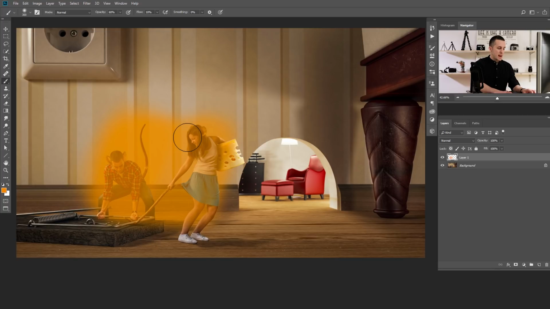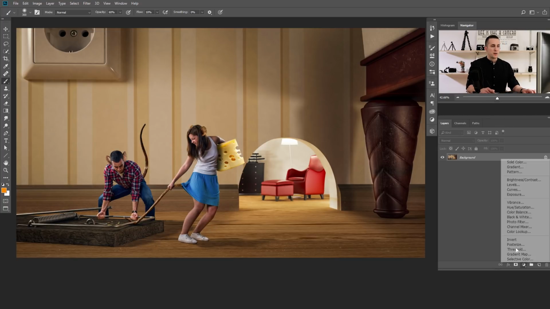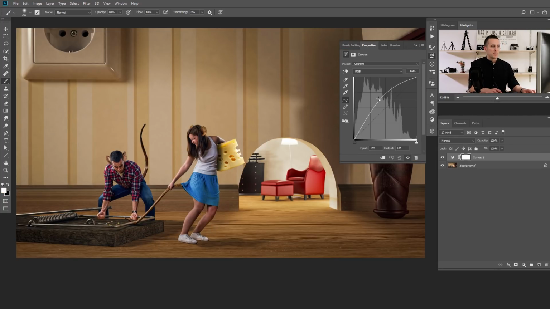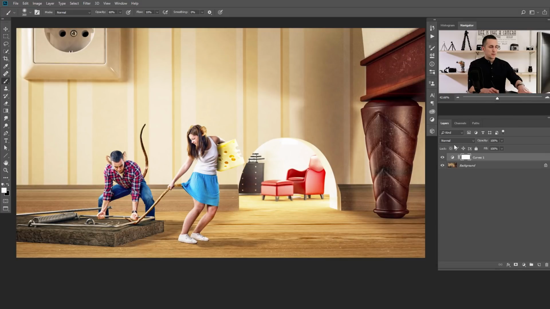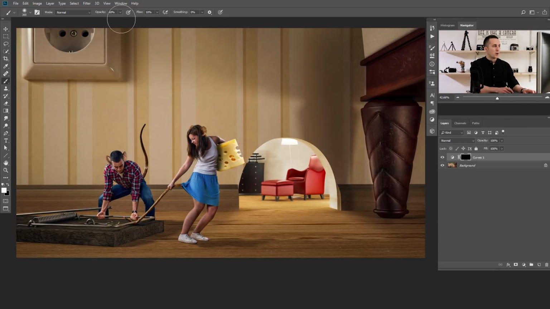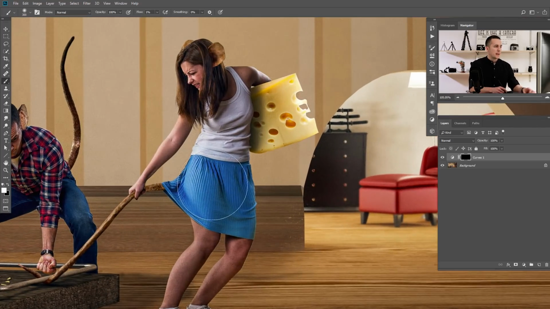You can use the same thing to maybe dodge and burn. Let's use curves to dodge something. Let's make it brighter, invert the mask. And now I will use white color. I will use opacity all the way to 100%, and I will use a really low value of flow, maybe even 1%. And now I can start dodging this without releasing the mouse. This is really nice. And maybe this arm here. This is really nice and